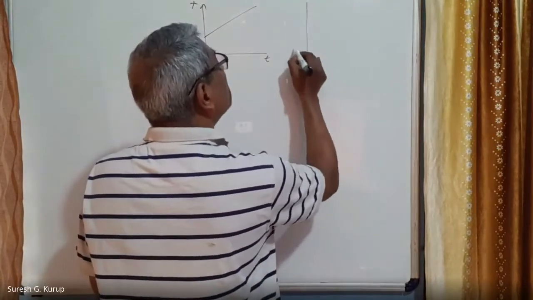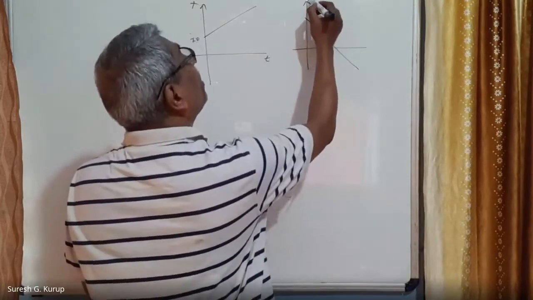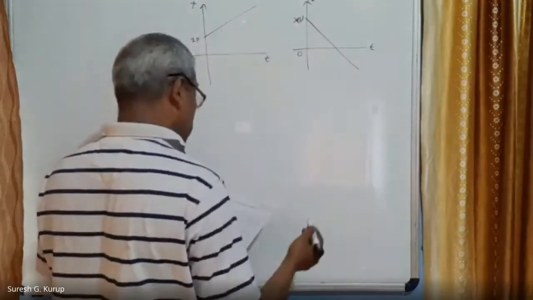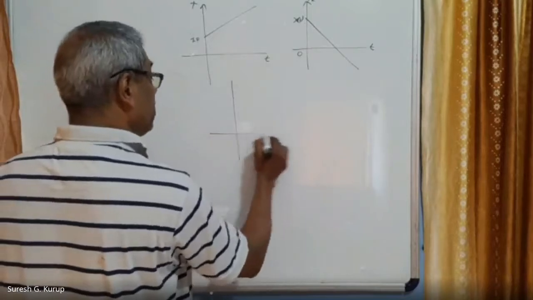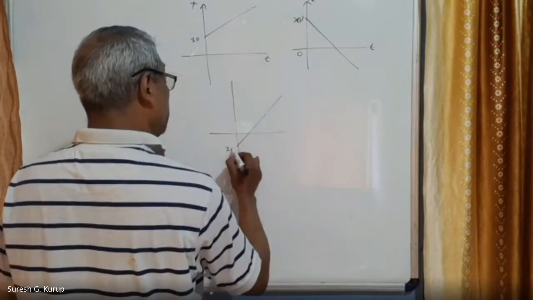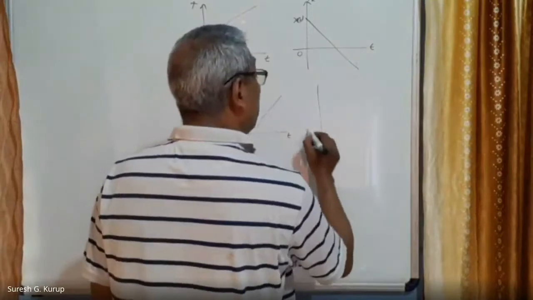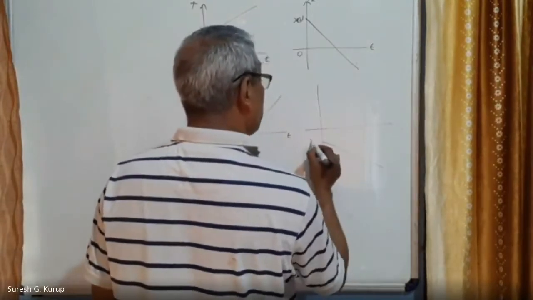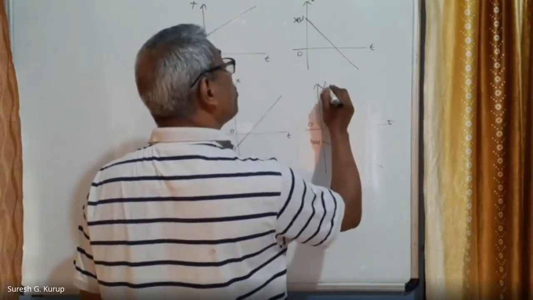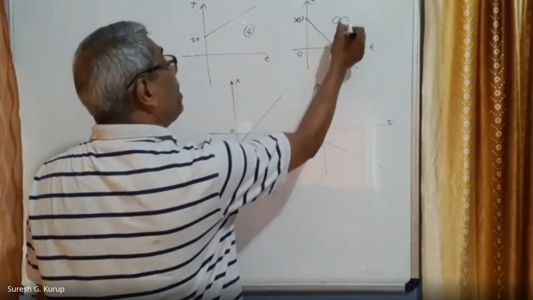Another one is like this. We have to explain what the graphs are showing. This is x, this is t, this is 0, and this is x0 in this case. Another graph is like this, that goes like this. This is x0, this is t, and this is 0. This is x, x means position. Another graph is like this. This is x0, this is t, this is 0, this is x, x means position. What are graphs A, B and C?